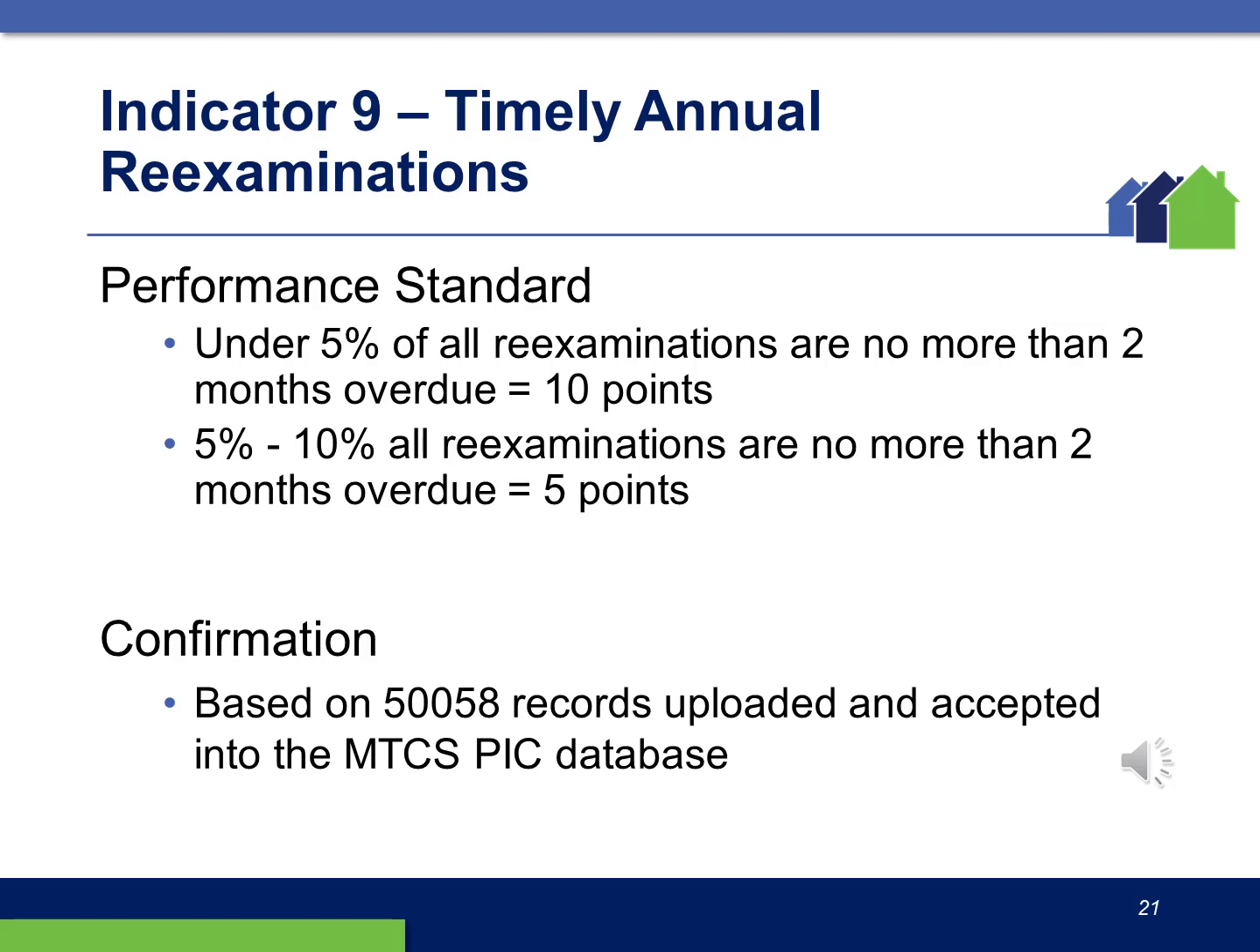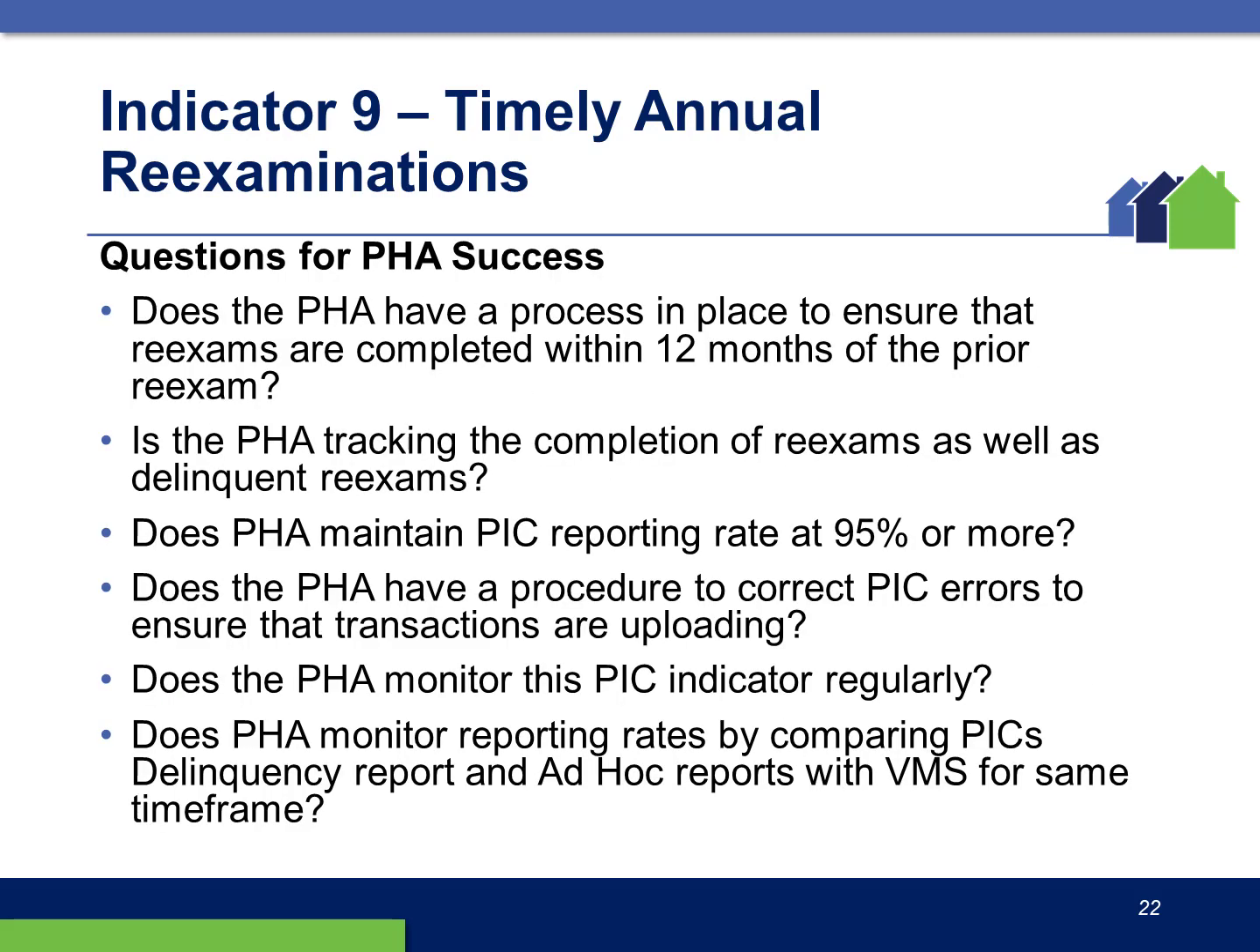This is confirmed through PIC, which is why a PHA's PIC reporting rate is so important. HUD does not recognize a transaction if it is not in PIC. The reporting rate is calculated as 50058 received divided by 50058 required, expressed as a percentage. HUD requires a PHA's reporting rate to be 94.5% or higher to be awarded points for indicators that are measured through PIC. The questions for success on Indicator 9 include: does the PHA have a process in place to ensure